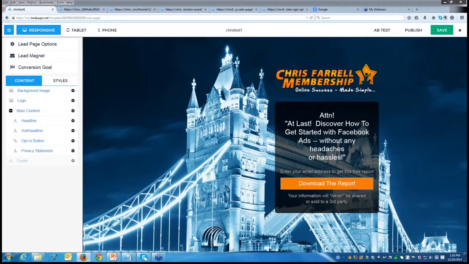We now need to configure this with our autoresponder. So who do you use for your autoresponder? You might use Aweber, you might use Entreport, you might use Infusionsoft, you might use MailChimp. You may not have an autoresponder yet. It doesn't matter. But what we have to do is we simply have to tell our lead page that when